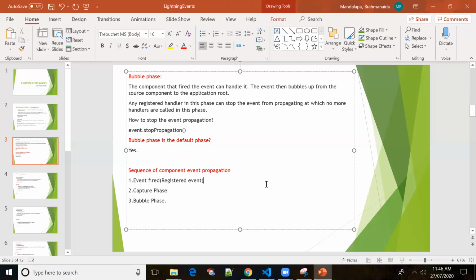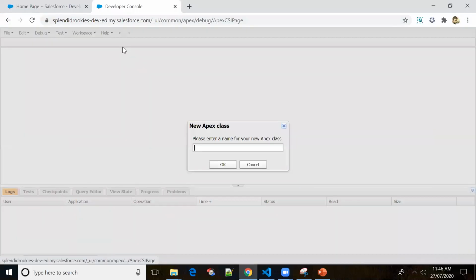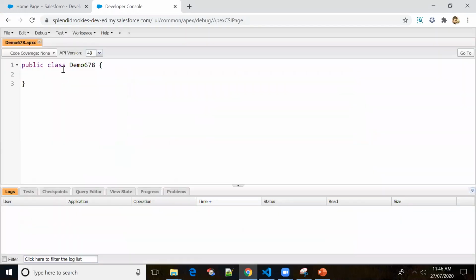This is just the order of execution. Just try to understand this order of execution. I'll show you. We will not be putting the bubble phase; you don't have to put it. Let me tell you one example quickly. Normally, when you create a class, say a demo class, by default the classes will be in without sharing mode, right? Do we need to create something like this?